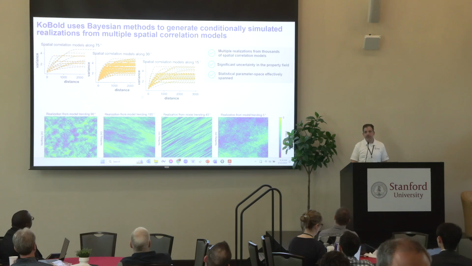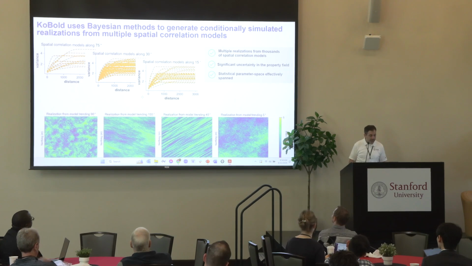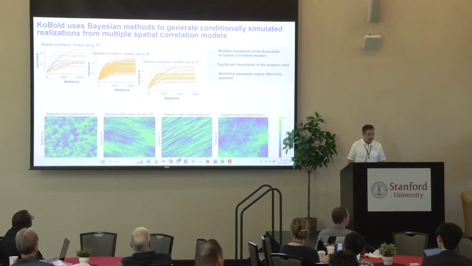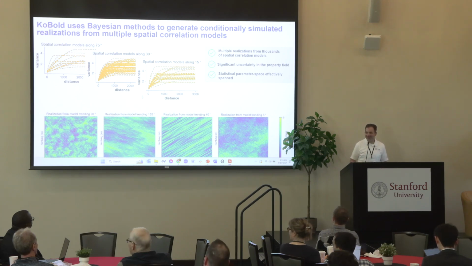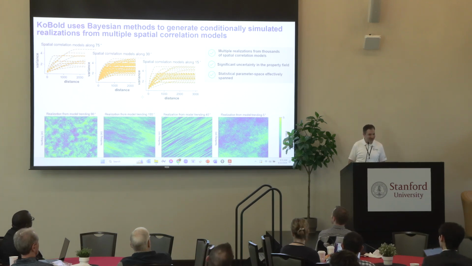But that's all based on one variogram. And like I said, there's a lot of judgment that goes into that variogram, and especially when you have a small amount of data, there are many different variograms that are equally plausible. And so the next step that KoBold tends to use is something we call Bayesian geostatistics. I'm not sure that's what we should be calling it, right? But it is Bayesian and it is geostatistics. It just might be that in fields that have been populated for a while, people steal the words to mean something specific.